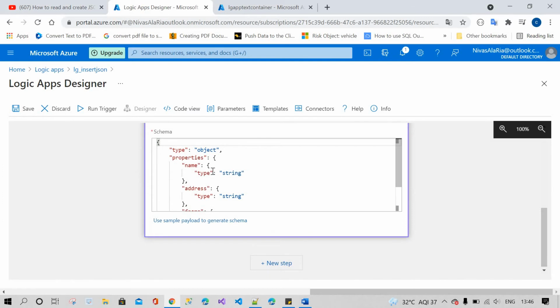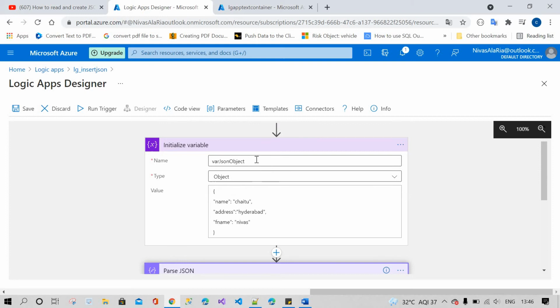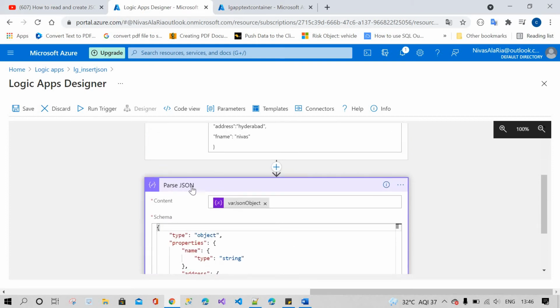Done. It will automatically generate a JSON schema. As I already told you, parse JSON will dynamically read from the JSON object. So what is the JSON object? This is the JSON object.